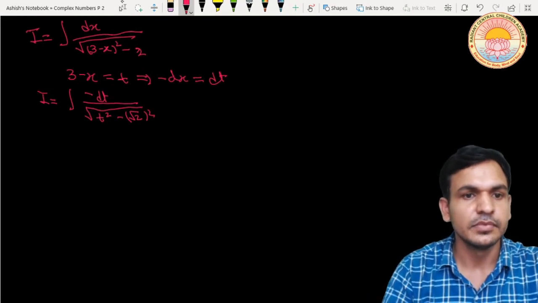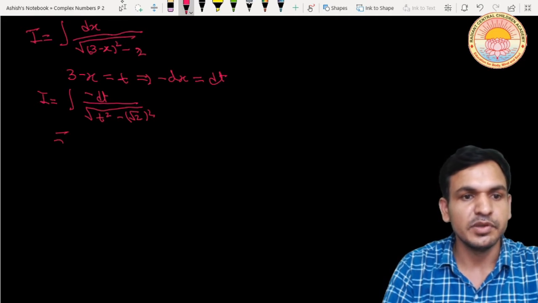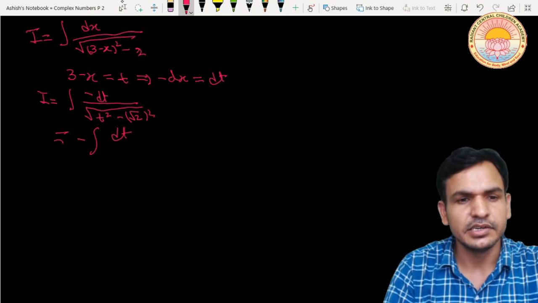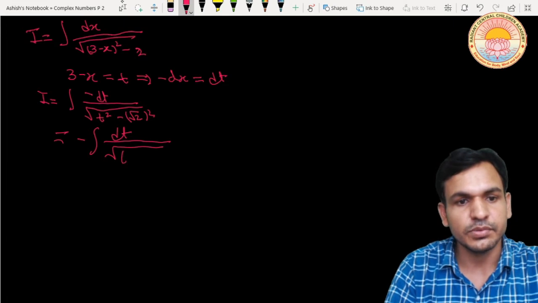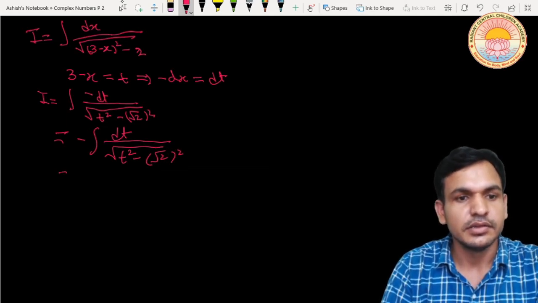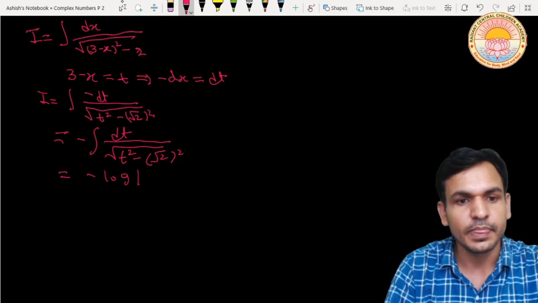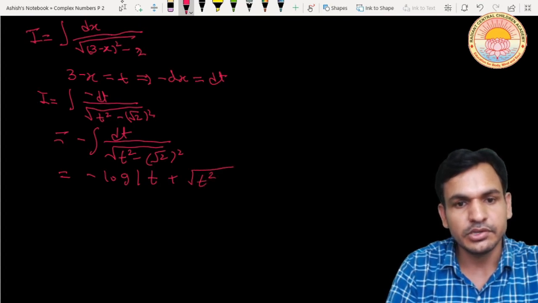Now clearly it represents a standard integral. Minus sign will come before the integral operator, and we will get dt upon square root of t square minus root 2 square. This is a standard integral, and its value is equal to minus log mod t plus square root of t square minus root 2 square,